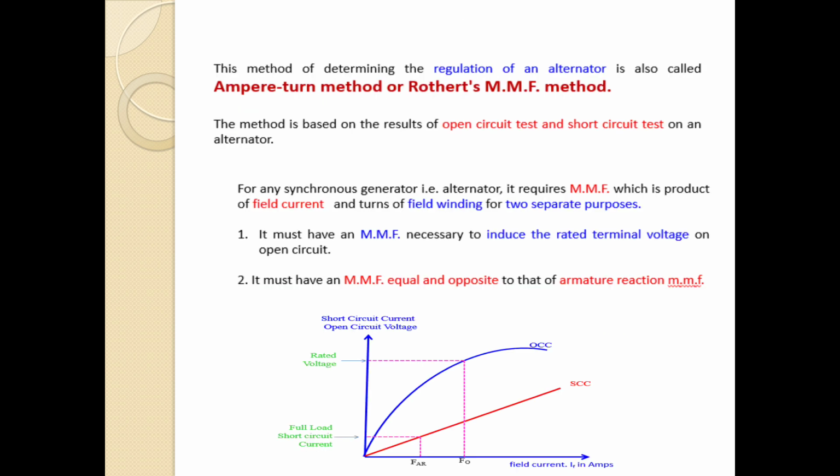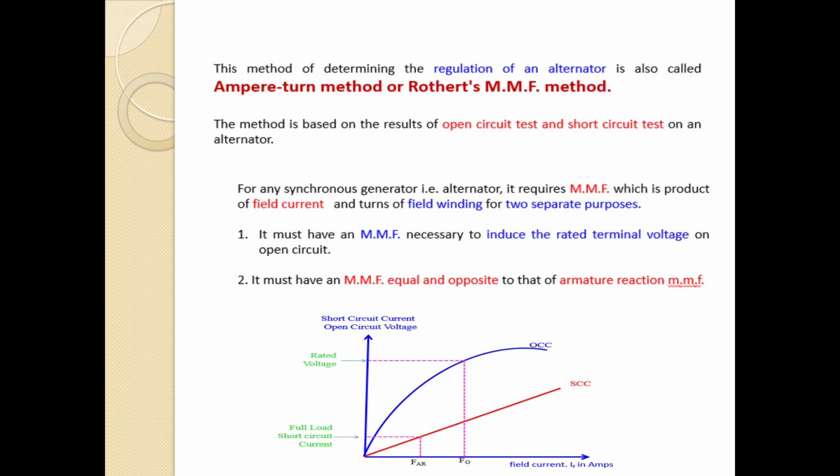This method of determining the regulation of an alternator is called the Ampere-Turn method or Rothert MMF method. The method is based on the results of the open circuit test and short circuit test on alternators. For any synchronous generator, that is, alternator, it requires MMF, which is the product of field current and field winding turns, for two separate purposes. One is it must have the MMF necessary to induce the rated terminal voltage on open circuit. The other is it must have an MMF equal and opposite to the